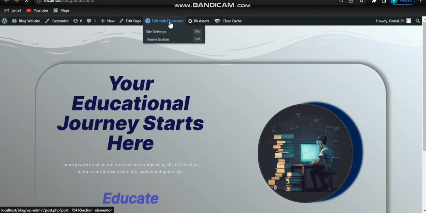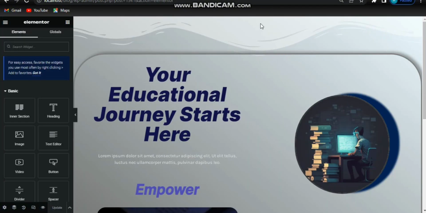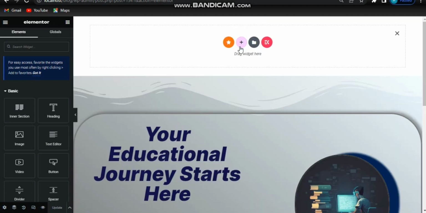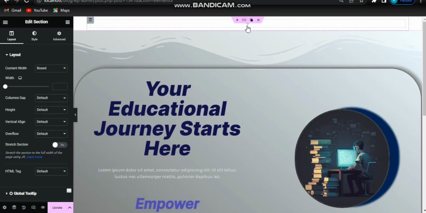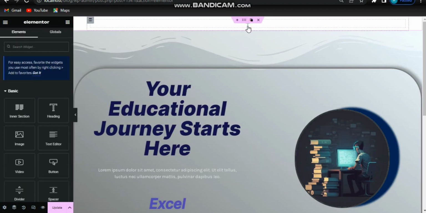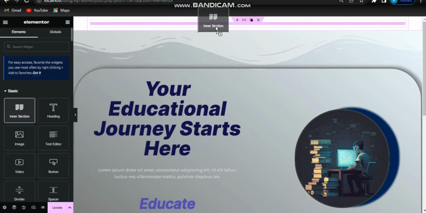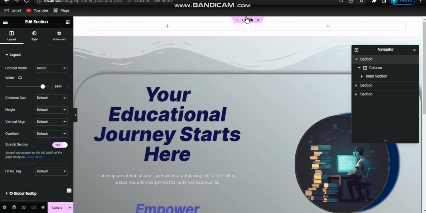Click on edit with Elementor. Click on plus icon and select the structure. Again click on the plus icon here and drag and drop the inner section. Then go to your section and edit your section, stretch section and give it a width, and from here content